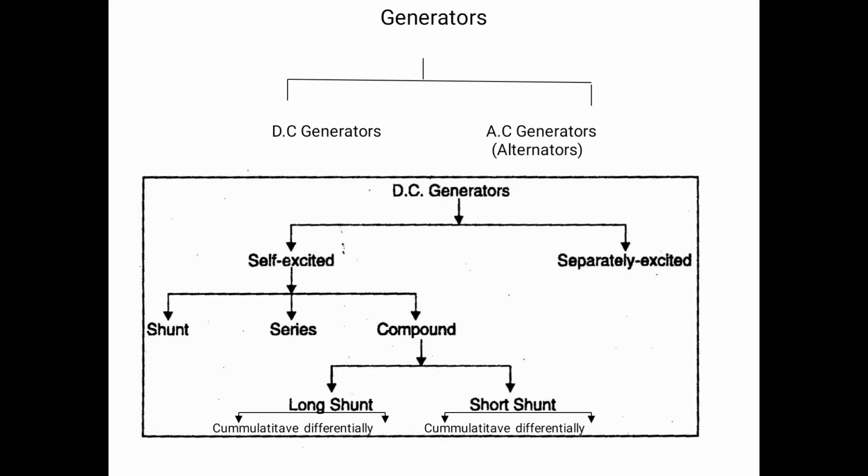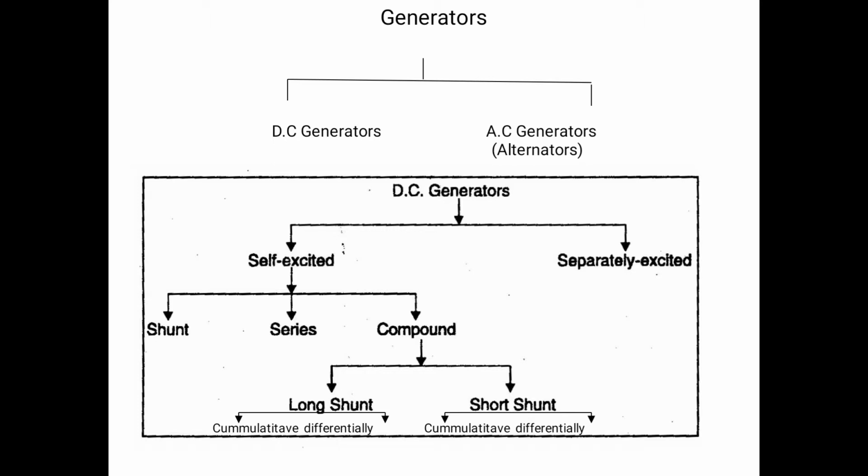In a self-excited generator, the armature winding and field windings are connected, and the field winding is excited by the armature winding itself. It means the generator itself excites the field winding in case of self-excited generators. In case of separately excited generators, the field winding is connected to a separate DC source. Generally, for low power applications the self-excited generators are used, and for high power applications the separately excited generators are used.